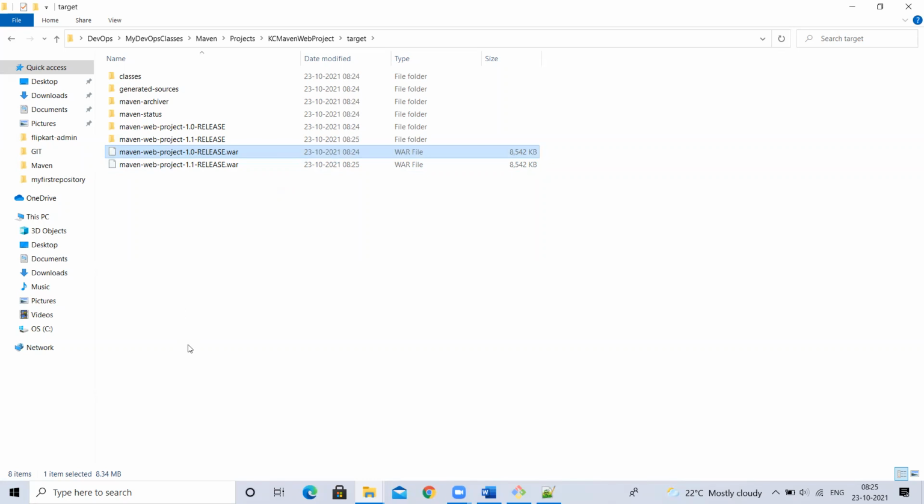Yes or no? Why am I generating the artifact? I want to deploy into one of the servers. From where I'll take this? From target. My Maven is going to generate the artifact and keep it inside the target. So from target, I'll pick that and deploy. But if there are a lot of jars for every version, it is difficult to search for the specific latest one and deploy. Yes or no?